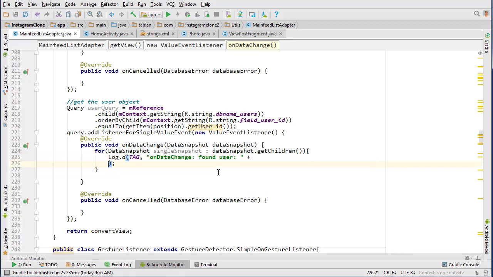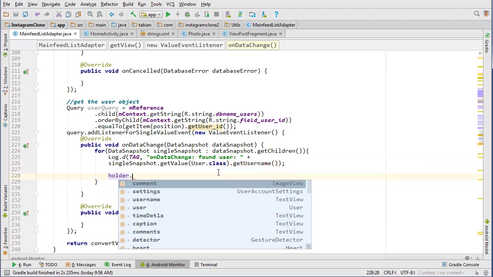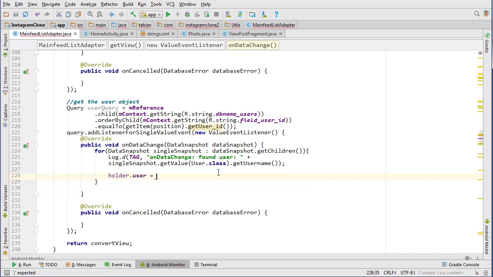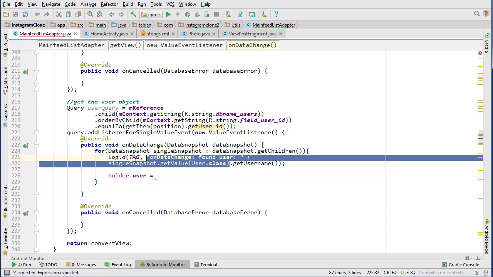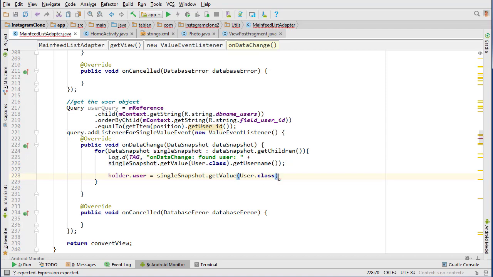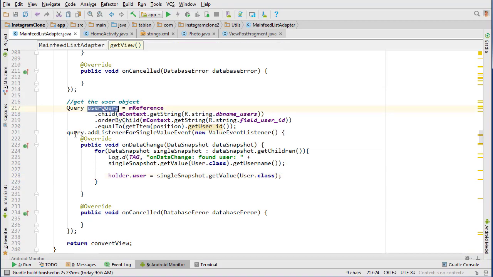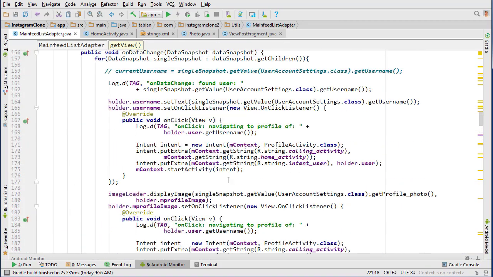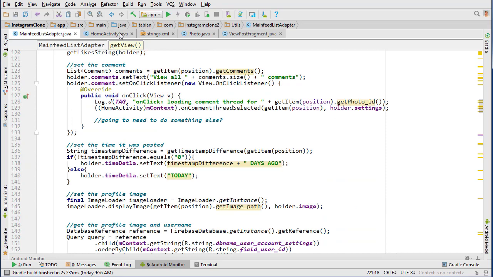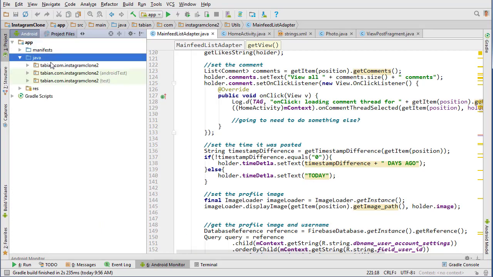Let's go to the next line though. Single snapshot get value our user class and get the username, and then we can just go holder.user equals our user that we found from the snapshot right here. That's it. I think we are finally ready to go into our home fragment, I believe is the one, and start setting up